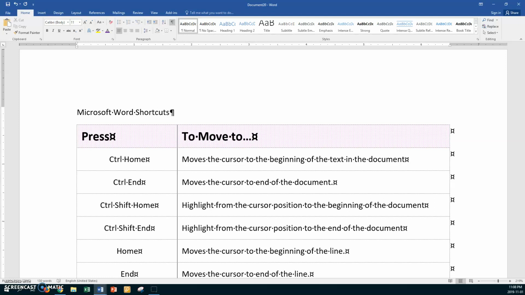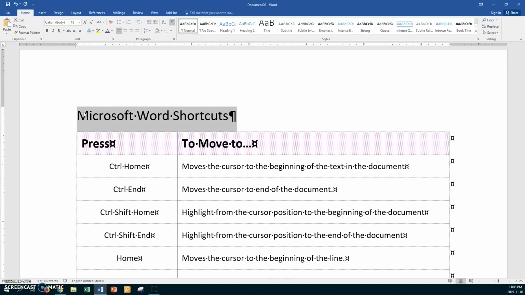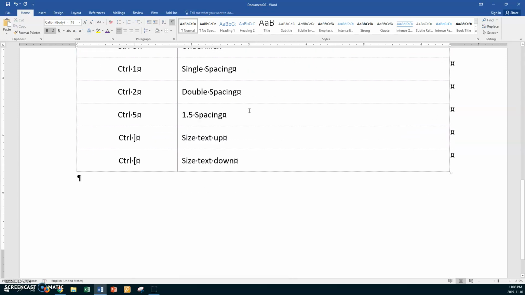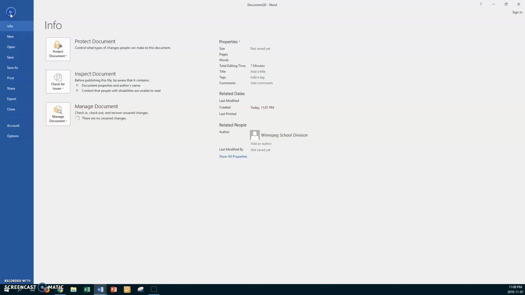All right, and now let's go Shift Home, size it up till it looks good, bold it, italicize it. All right, so very nicely you've put on your Microsoft Word shortcuts, and that's what you wanted. Okay, there's also a picture in this document, but before we go any further, let's save this. So let's go File,